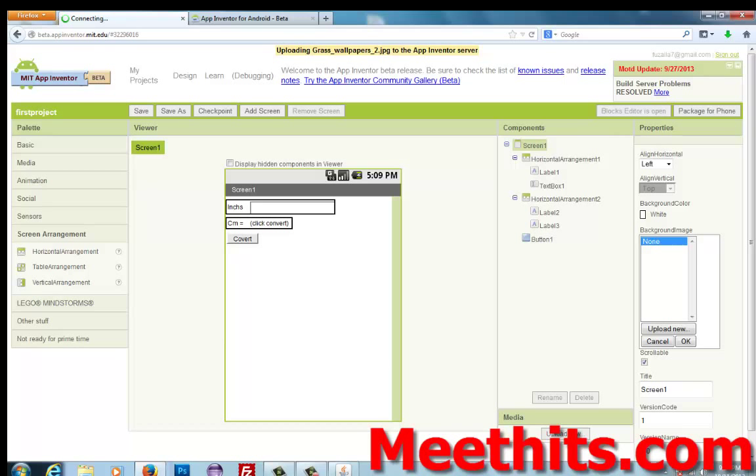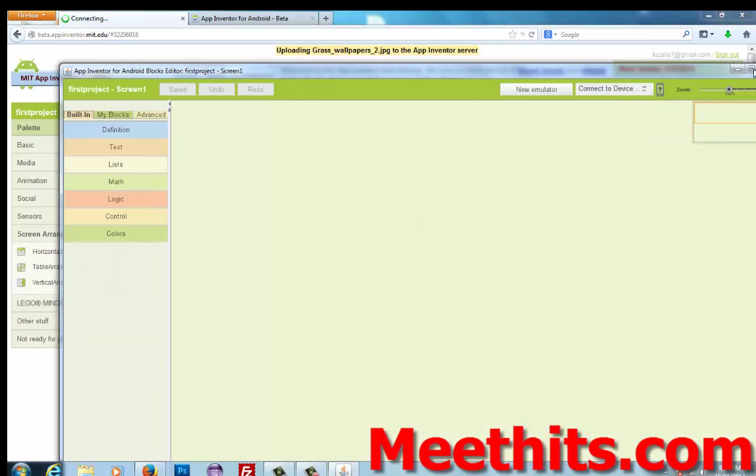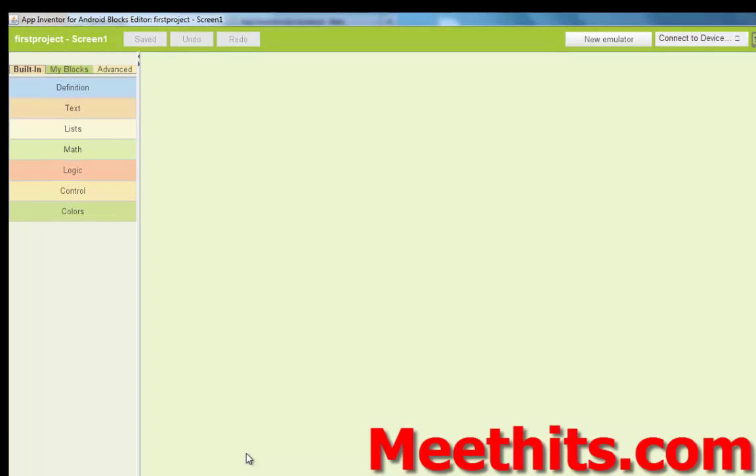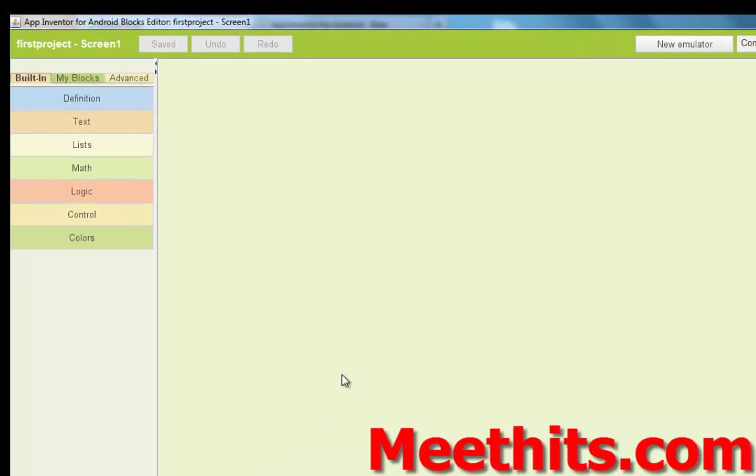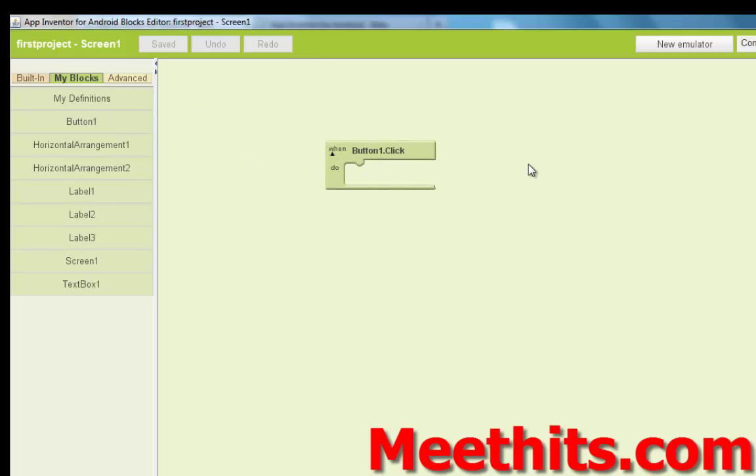Here is the block editor. Firstly, we have to go to my blocks, then button one. Just drag it onto the main screen, I mean this area.